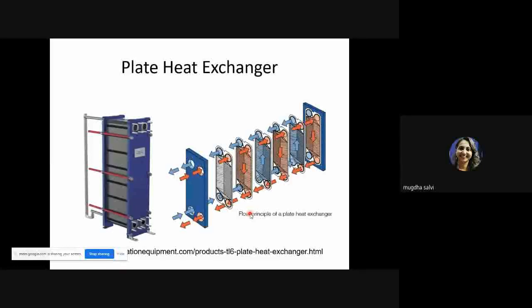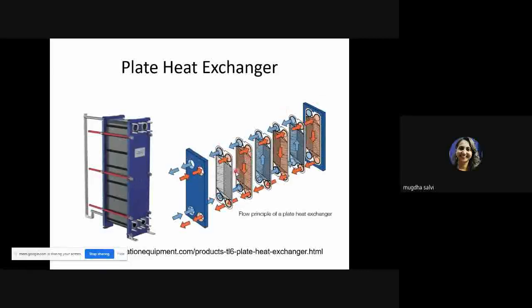A major disadvantage of the plate heat exchanger is that since it is accommodated in a smaller place, it cannot withstand a high amount of pressure. If there is high pressure, there would be leakage within the gaskets. Now, how is the construction? These plates are placed very close to each other, and there are rubber gaskets in between them, which actually separate the fluid.